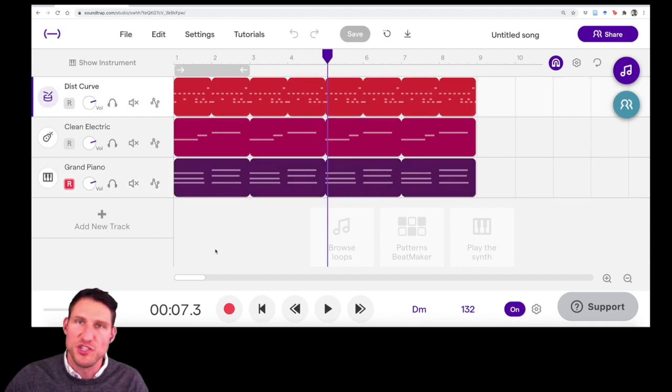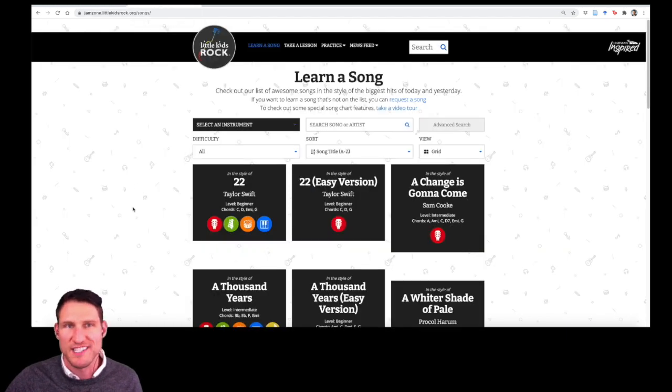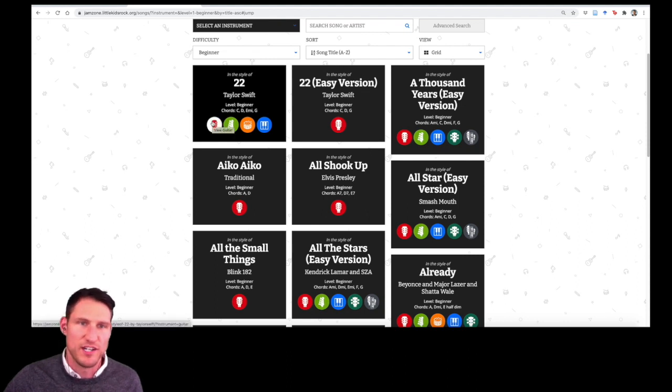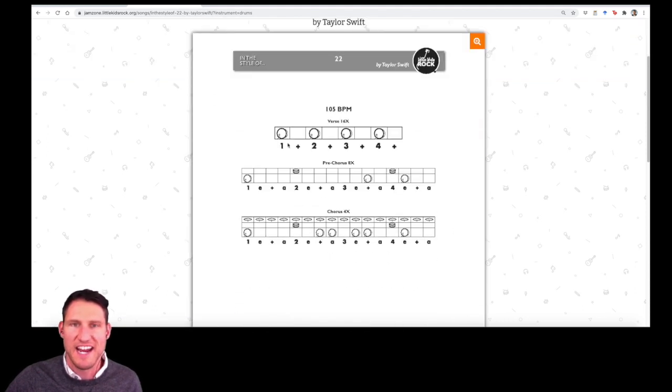So one project you can do with students to use virtual instruments is a cover song project, having them recreate all of the parts of a popular song using virtual instruments in Soundtrap. A great resource is the Jam Zone at Little Kids Rock. You can search for all beginner level songs and then find charts that have all of the instruments that you'll need to recreate. So 22 here by Taylor Swift has guitar, bass, drums, and keyboard. So we can click on the drum part and then take one of these sections and then program this into